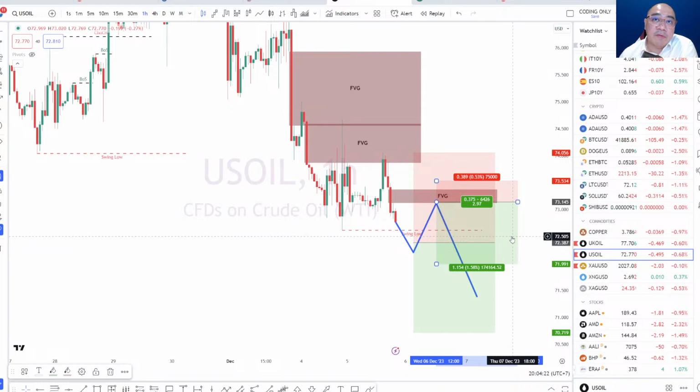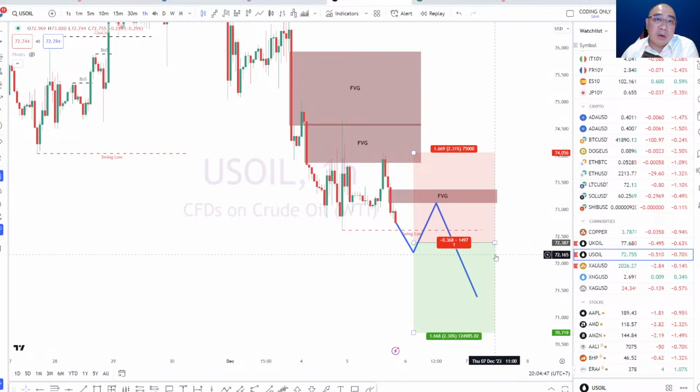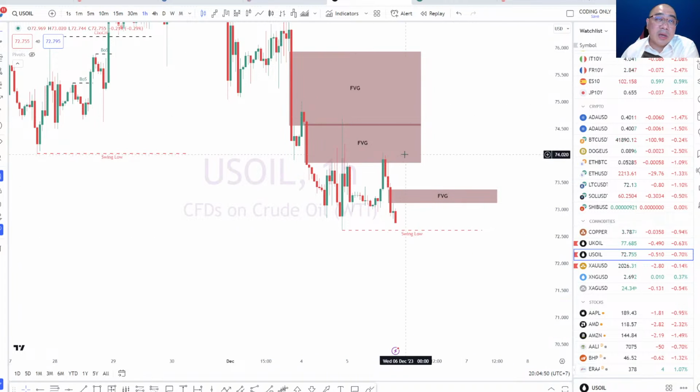So the point of having a fair value gap is that you want to anticipate a potential return to that particular level, and if that level lines up with psychological levels or order blocks, that could be an invisible support and resistance area. That's the logic behind the fair value gap. If we have two fair value gaps that overlap, it adds up because it becomes very obvious where they overlap. That's why I don't label it as a bullish or bearish fair value gap. To me, all fair value gaps are about the same. I'm just looking at any overlaps. It makes sense that it becomes a stronger support and resistance level.